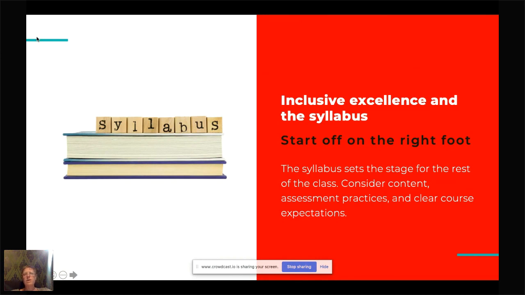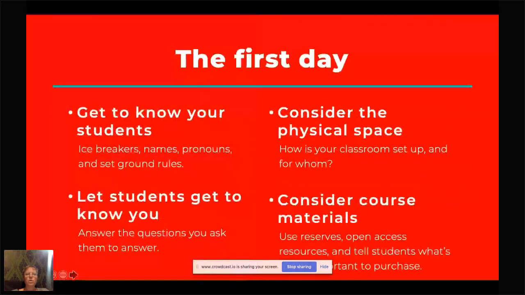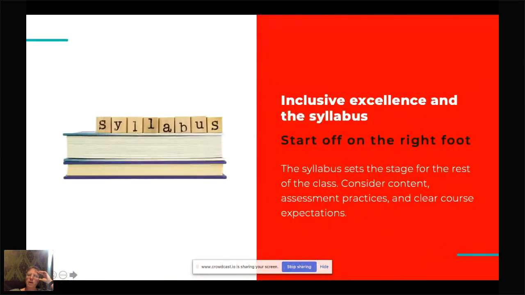So one thing I've noticed in my own teaching is that I tend to assign the same kind of assignments over and over again. And that means if you're good at that kind of assignment, you're going to get an A in my class. But if you're not, you won't, right? So thinking about having multiple kinds of assessments is really important. And also having really clear course expectations so that students have a sense that they understand what's happening as they go in. So just a couple more things I wanted to say about the syllabus.